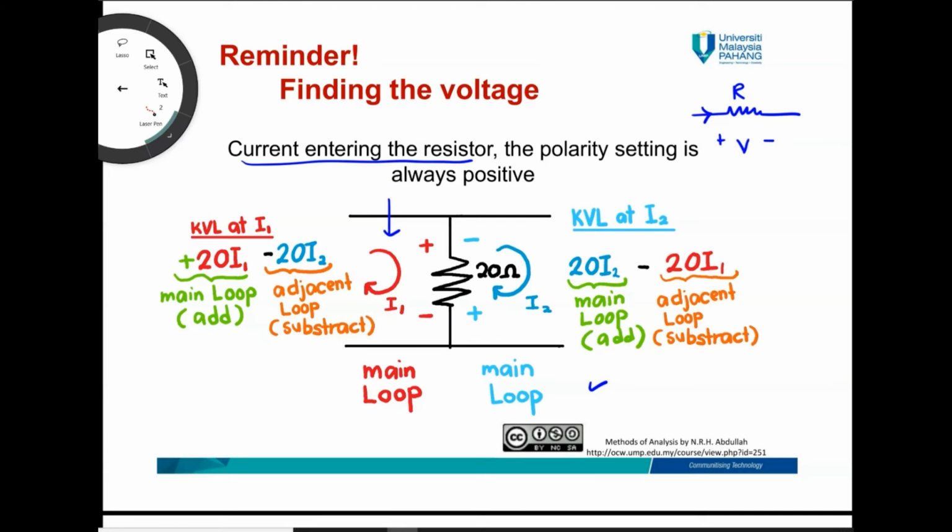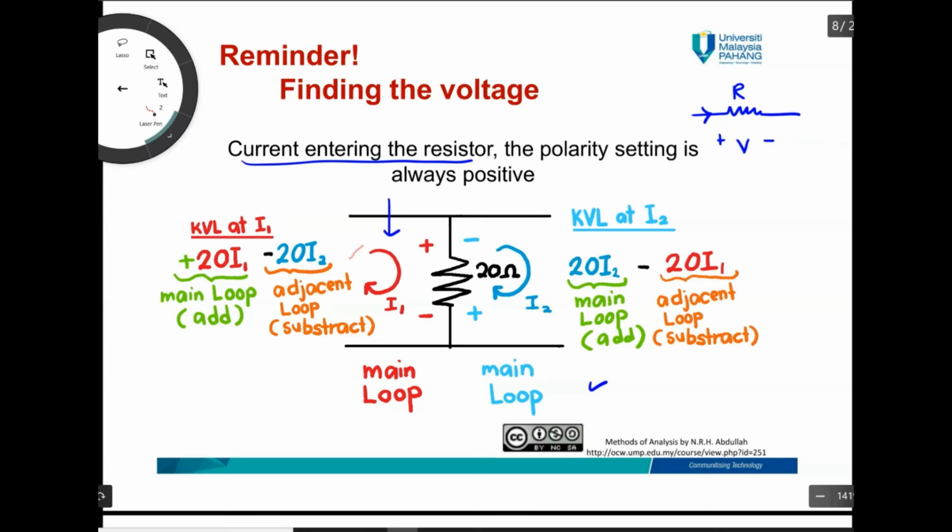You have to do KVL for the first loop and the second loop. The resistor is shared between loop 1 and loop 2. To find the voltage for the 20 ohm resistor when doing KVL for the first loop,